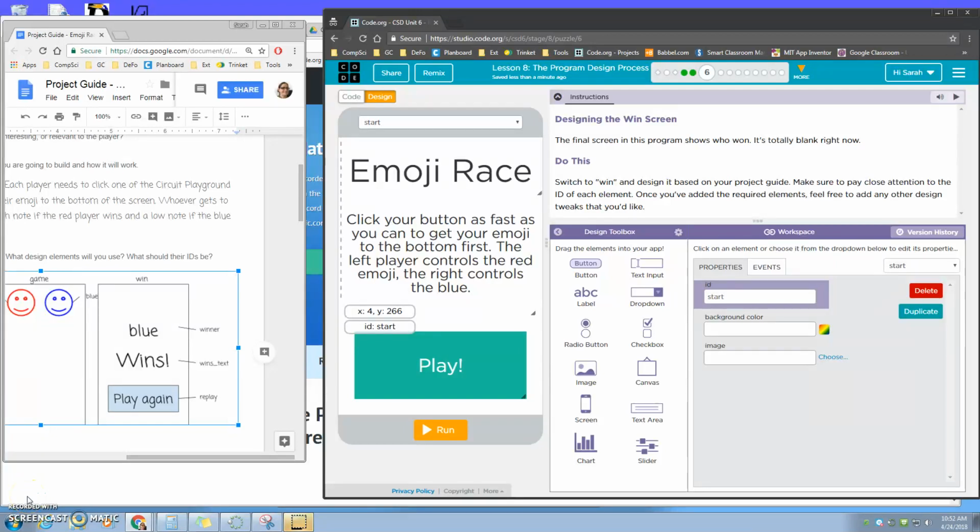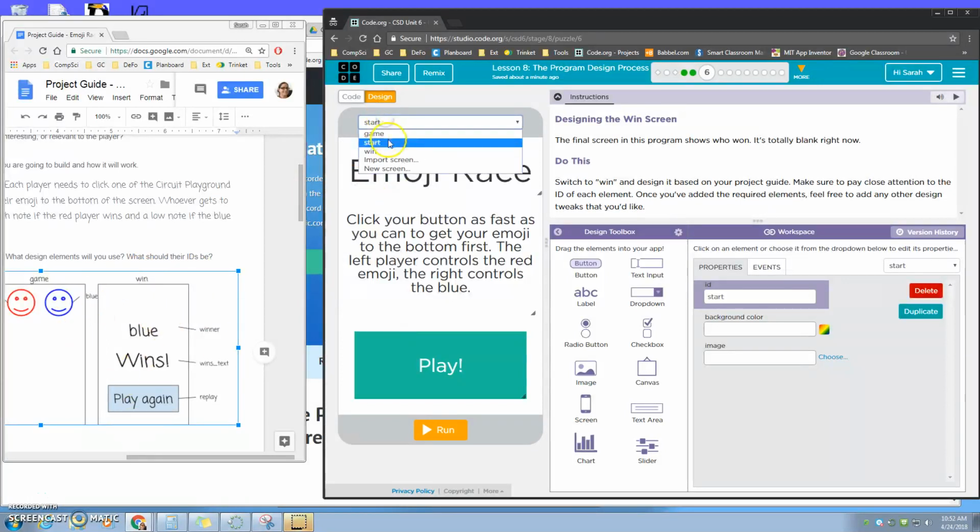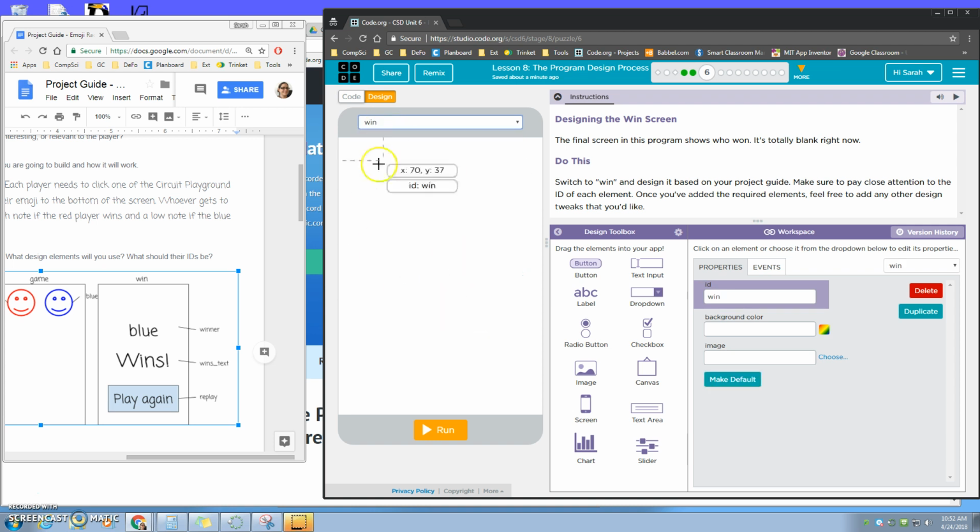For lesson 6, it's asking you to switch to the Win screen and use the project guide to design that screen. If you click here and go to Win, you'll notice there's nothing on it. You need to be careful that you are using the IDs that are listed here on the side. So I'm going to pull over